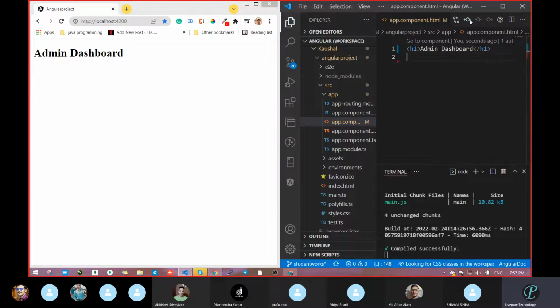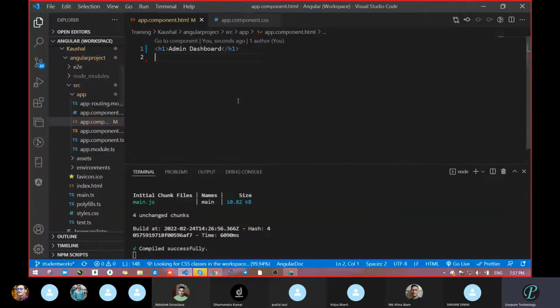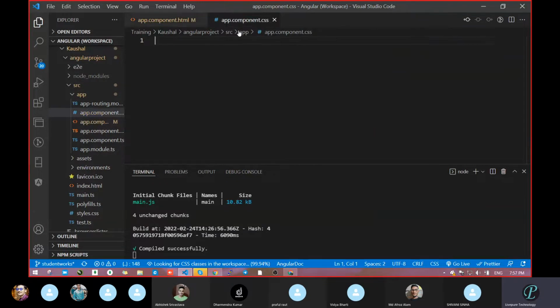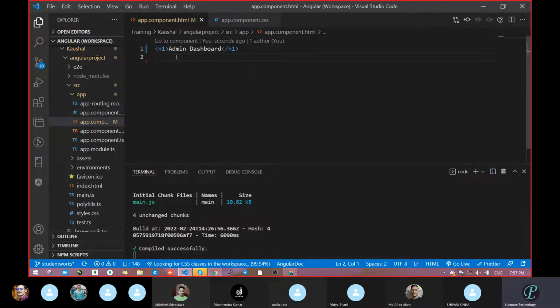Now, next I want the design, meaning CSS. Where will you write it? You will write in the external CSS, that is app.component.css. Suppose what we had written here is H1. How will you target it with the help of an H1 tag or CSS class or ID, anything? It's the same thing, there are no changes. I can write a class, correct? Admin, okay. Is this how we do it in HTML or not?